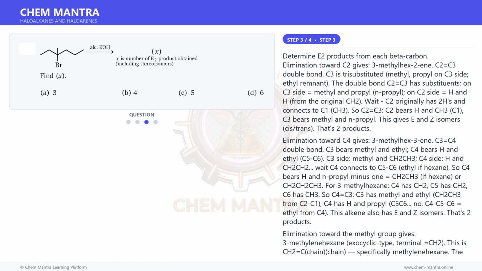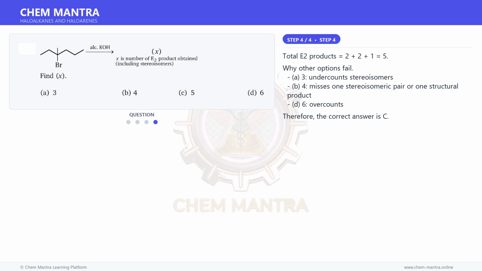That's 2 products. Elimination toward the methyl group gives 3-methylenehexane, a terminal alkene, CH2=C. The product is 3-methylenehexane, CH2=C, CH2CH3, CH2CH2CH3. This has no E/Z isomerism, since one substituent is =CH2. That's 1 product. And for the final step, total E2 products equals 2 plus 2 plus 1 equals